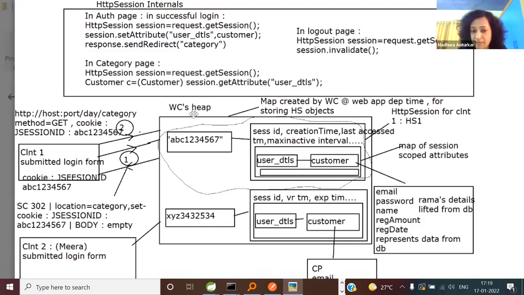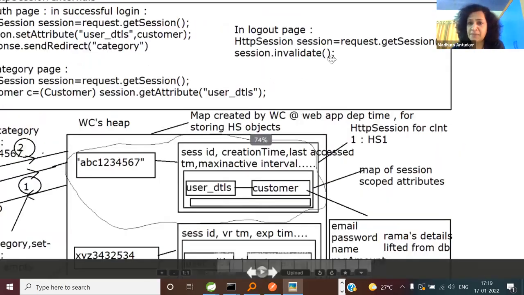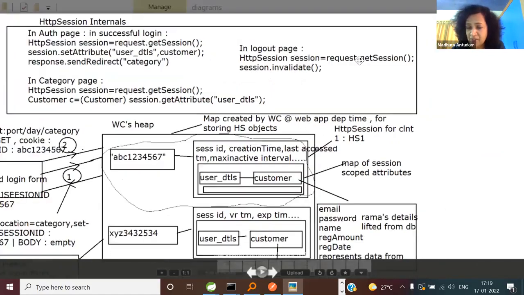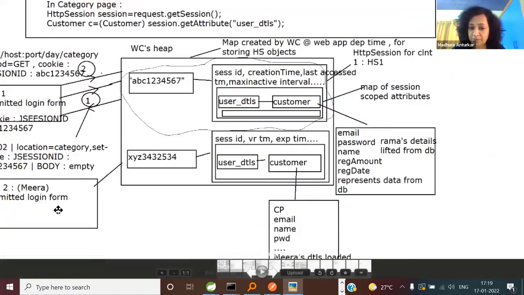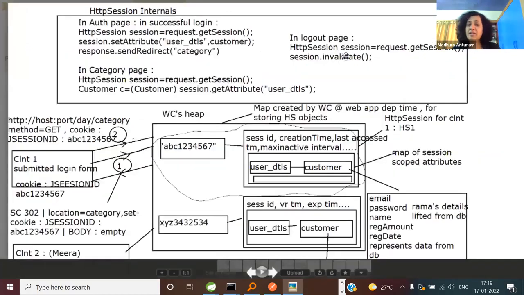Try to explain. Last one, and then we will discuss the assignment. So now, what happens in a checkout or logout page typically? We again say request.getSession. So let us say Mira is logging out, then my second client is logging out. Okay. So for her, we are saying request.getSession. So go faster. Is it going to return HS1, HS2, null or empty session or whatever?